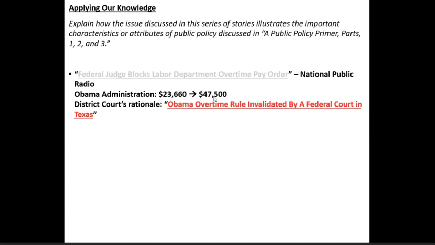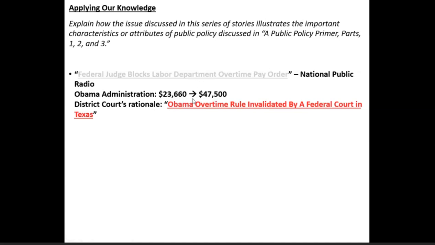If a person is an exempt employee, the employer doesn't have to pay them time and a half for overtime. They just pay them a straight salary, right? So the Obama administration is saying we're going to raise that minimum level to $47,500, so that people who are making a little bit more money, certainly more than the $23,660,